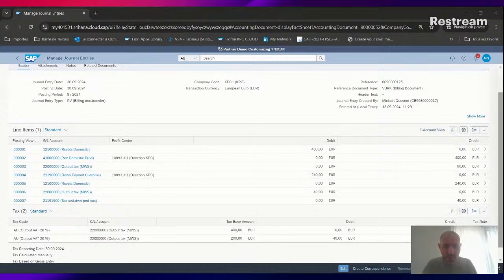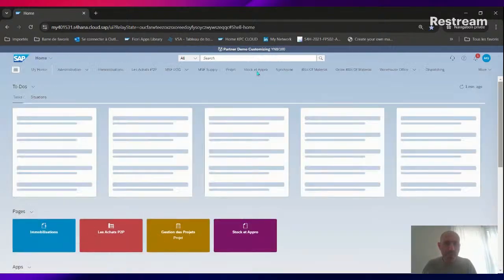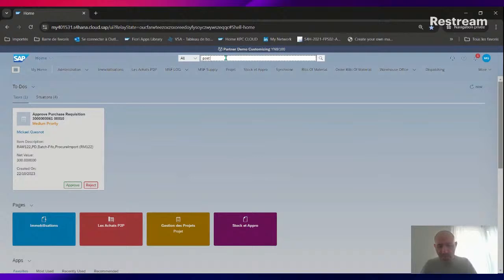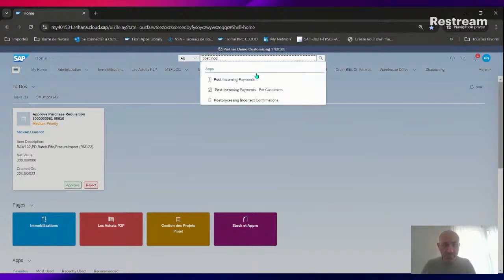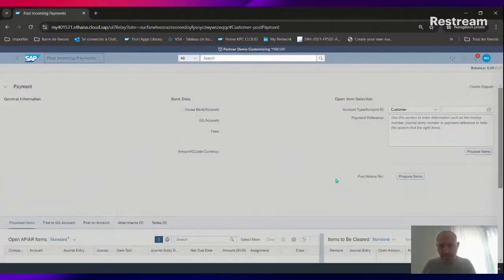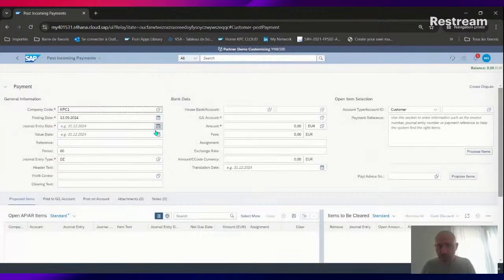So if right now I want to post incoming payment for this document, we will see the amount. So again, post incoming payment, journal entry today,